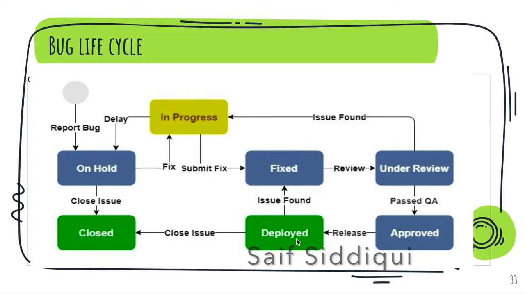If the issue still persists, that is, once the developer has fixed the bug but we are still replicating the bug and it can be reproduced on different test environments, then again it is moved to the in-fixed column, and there it is being fixed by the developer, then again it goes to review. So this is the whole cycle which is taking place, and once retesting is done and the bug is not able to reproduce, we are closing the bug.